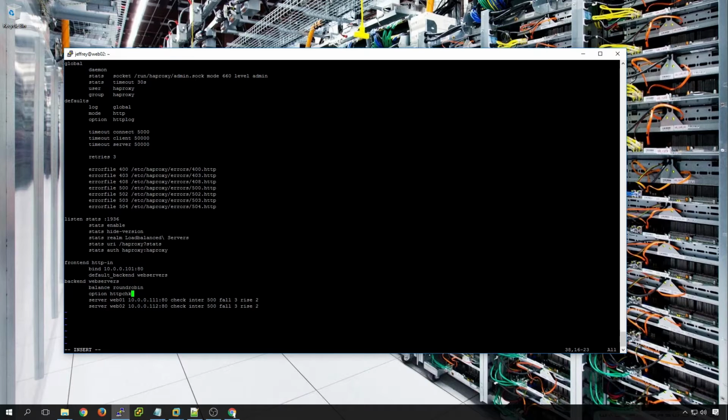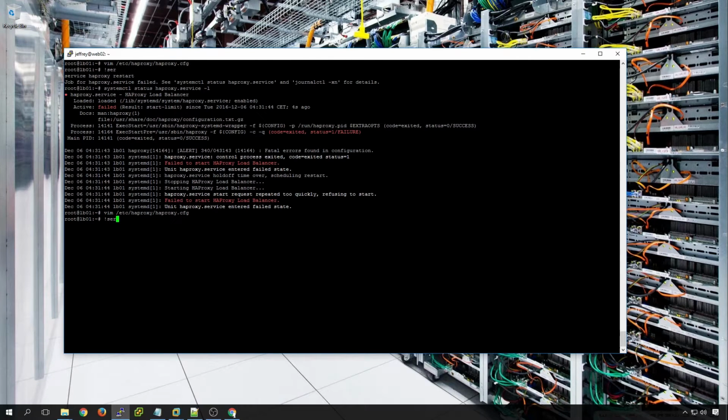Say option httpchk. We perform a GET on the file haproxy_check. And this file name, haproxy_check, can be anything you want. So if you want, it's your company name, that's fine. If the file is not available, HAProxy will not distribute this web server to all the clients. We can save it, restart the service,